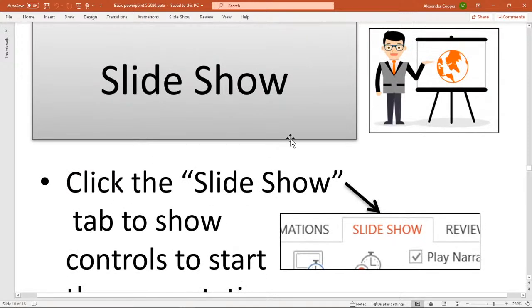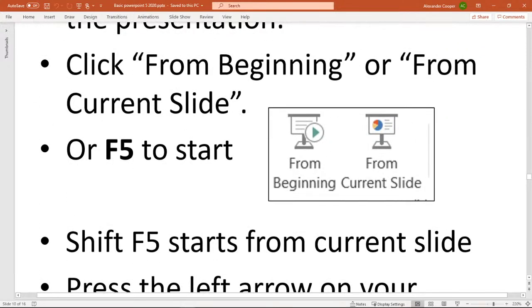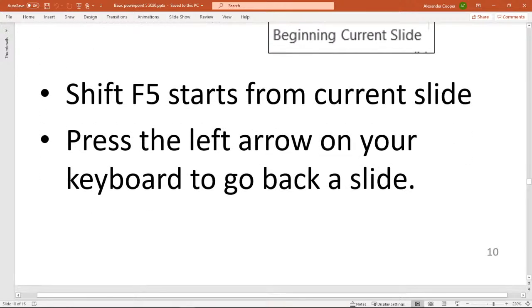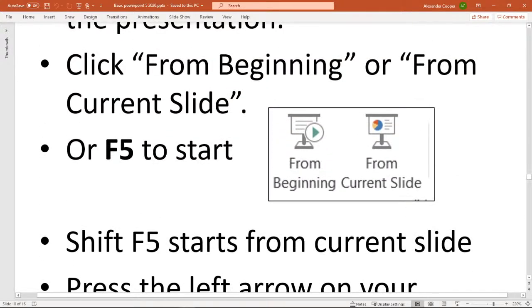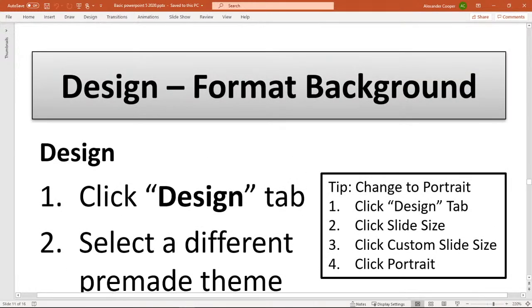All right, so we did our slideshow once. Let's go ahead and we kind of talked about this. We click from beginning. It will show, and if you choose a certain slide, you can choose current slide, and it'll show that to begin with.